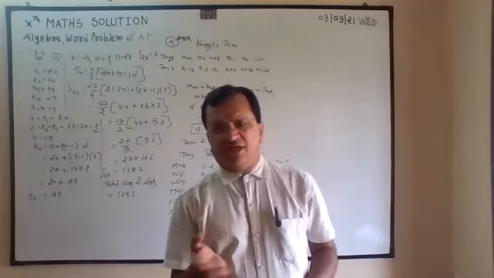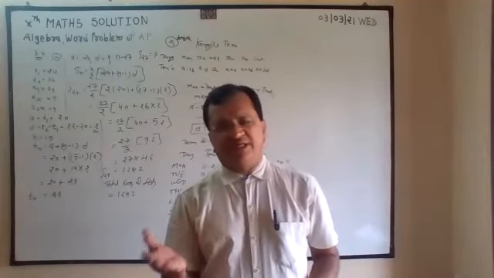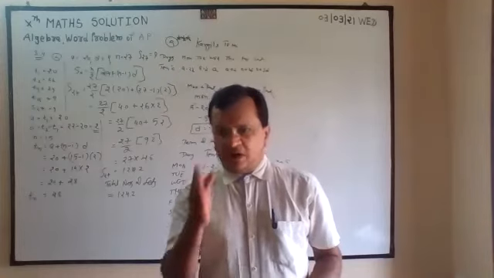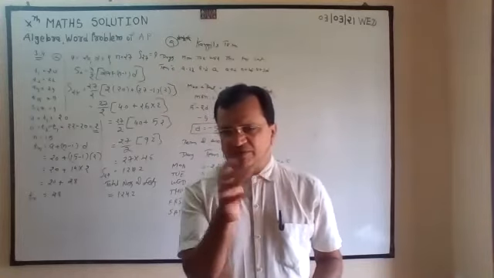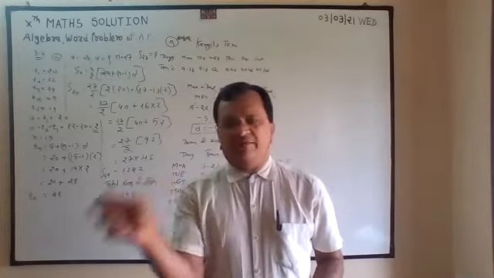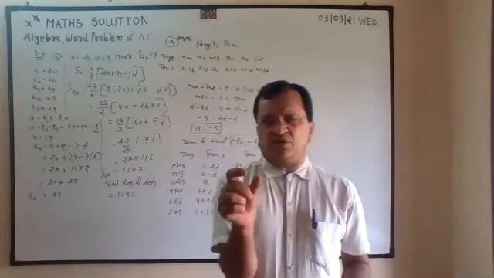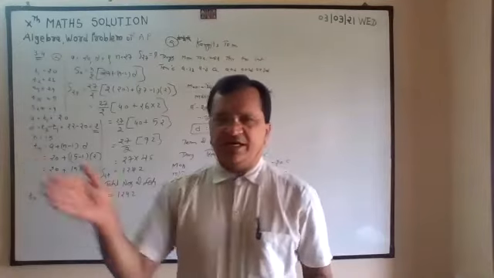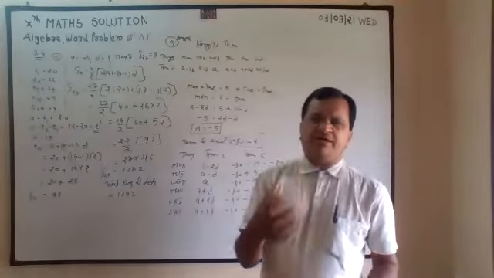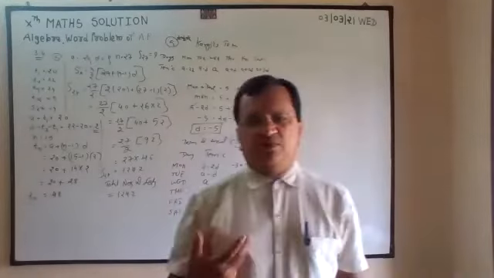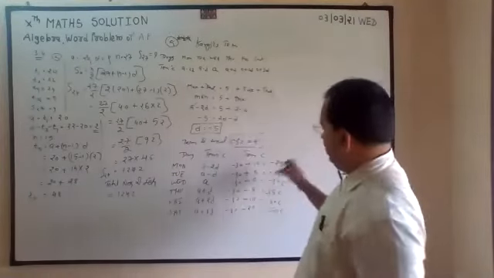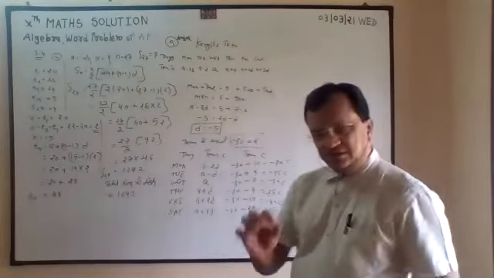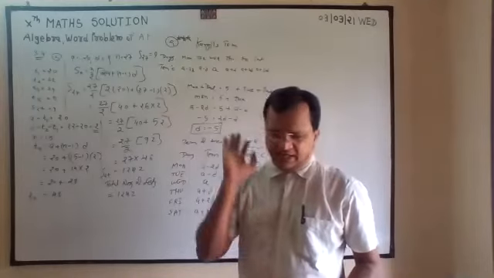Or in decreasing order you can also take A minus D, A minus 2D, or at the center, or if there are even numbers, any one of the middle 2 numbers, any one you can consider A, then increasing of D, decreasing of D. So there are different ways to consider, but at the end you will get exactly the same answer.